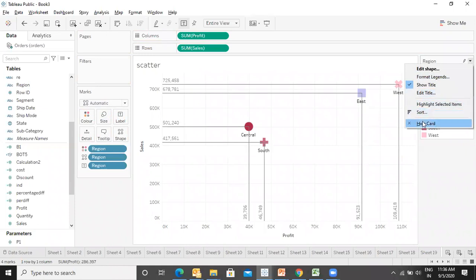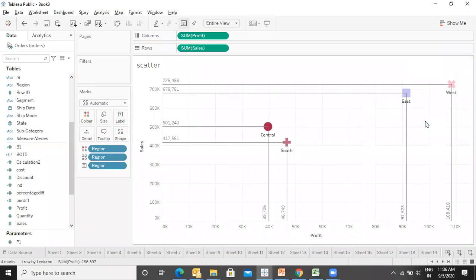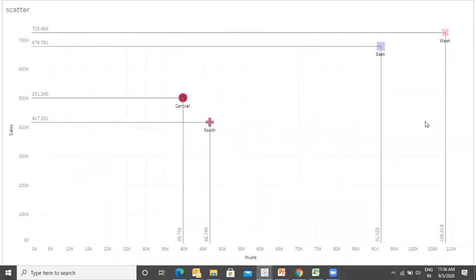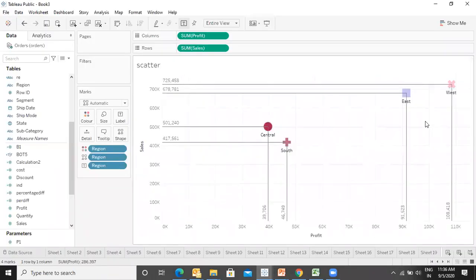Let's hide and let's hide. So your chart becomes self-explanatory. We are getting the region and we are getting the labels as well. Is this clear? Yes. Wonderful. So this is the scatter chart.